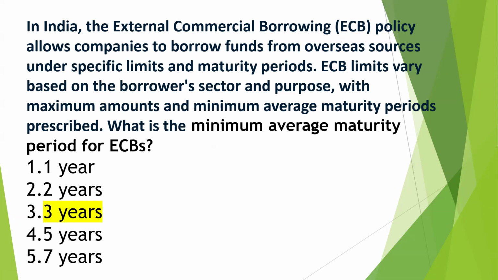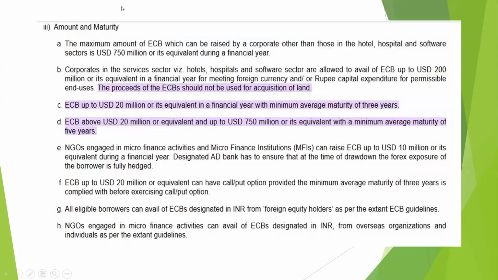It can be 1 year also, but there are some conditions. For external commercial borrowing also, we have made a video based on the RBI guideline, so you can search for it and watch. This is some part of that, which I have taken from the RBI circular and which is important. The maximum amount of ECB that can be raised by a corporate other than hotel, hospital, and software sector is 750 million USD during a